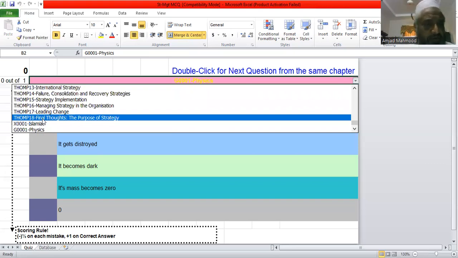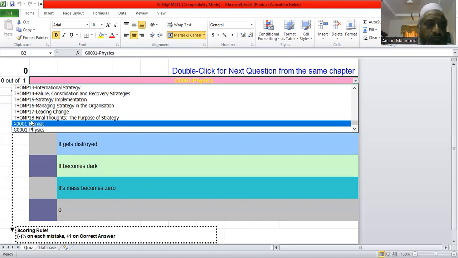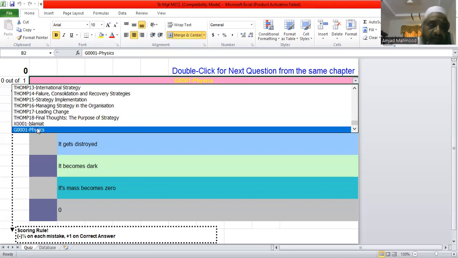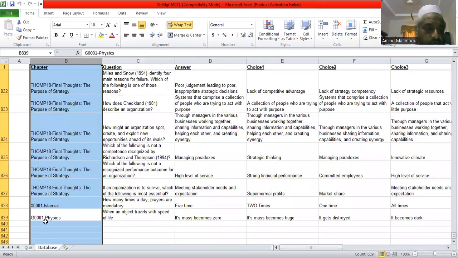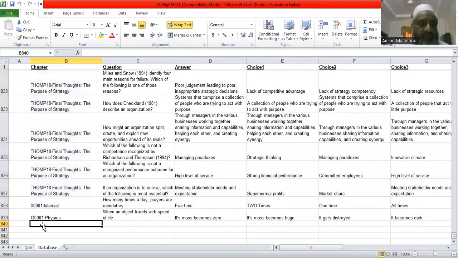complication. I will show you how to make a new chapter and include the new MCQs. So let's quickly do it. For example, you want to add a new chapter. Okay, so let's go to the database and say you can see that